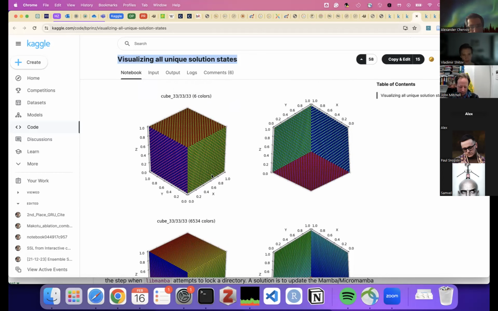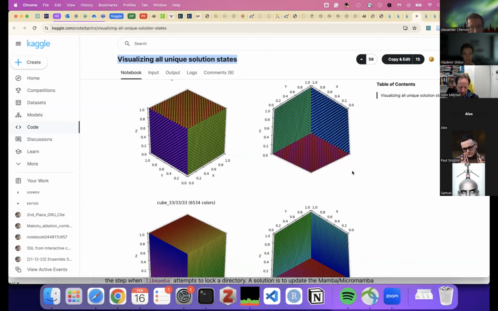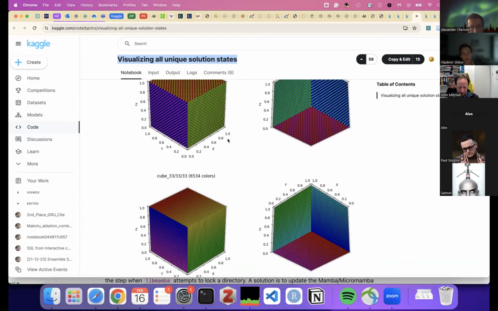So for example, here, if you have this kind of chessboard pattern, you can actually say, whatever, this whole face will be green, this whole face will be yellow, this whole face will be blue, and so on. And then you can actually input this into the solver, and it works. So it was surprisingly easy, I would say. You just needed to guess this recurrent pattern.